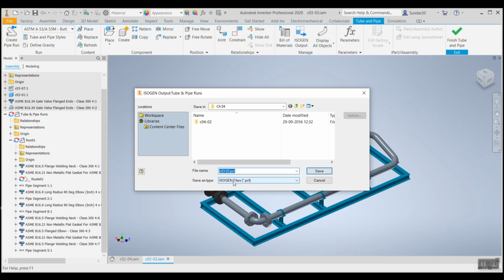And to know more about what an isometric drawing is, I have also given a link to the Plant 3D session which you have done already. Please go and check it to see how ISO generation works in Plant 3D. So click that I symbol and get the link for your Plant 3D session.